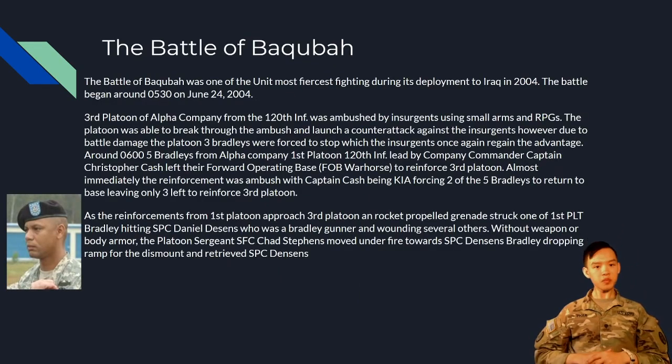Yeah. So the Battle of Bakuba, which took place on June 24, 2004, was the most fierce fighting the unit faced during its deployment in 2004. During this time, we had a platoon out there that was ambushed by insurgents, and by the end of the battle, which lasted about 21.5 hours of combat, Sergeant First Class Stephen, who is a platoon sergeant, would earn the